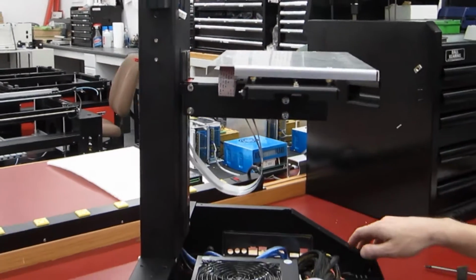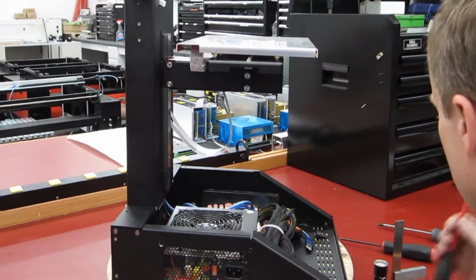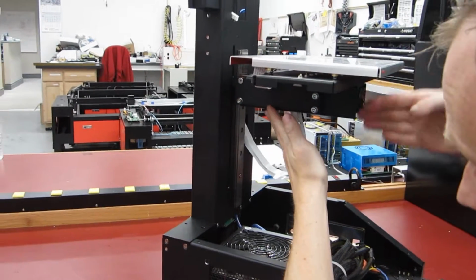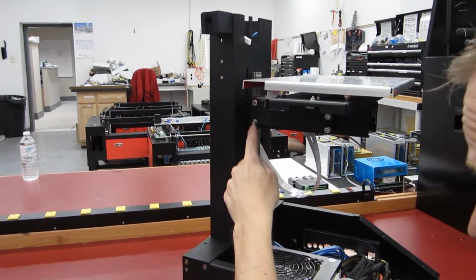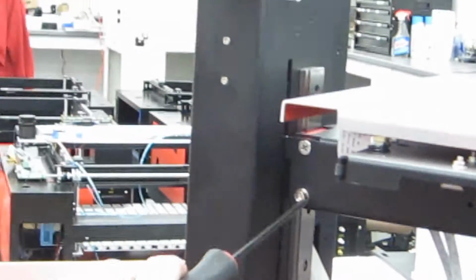Okay, today I'm going to show you how to adjust the square of your X-arm in case it should happen to come out of square, whether by shipping damage or just vibration or whatever. The vertical square is held by these two screws here. The top one is a pivot and the bottom screw has a clearance hole so it can be adjusted up and down. So if you have a 4mm hex driver,